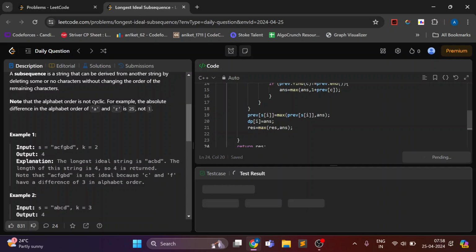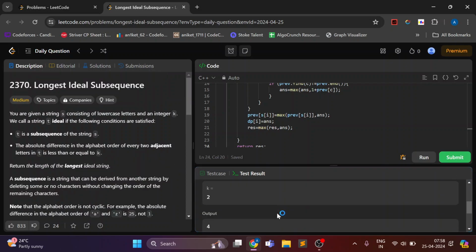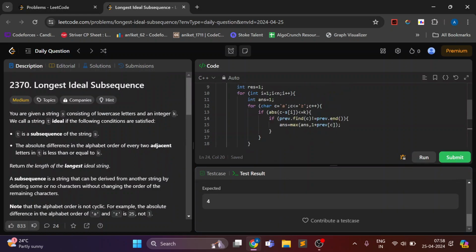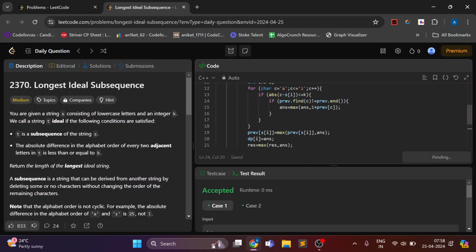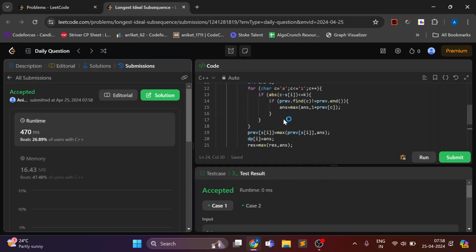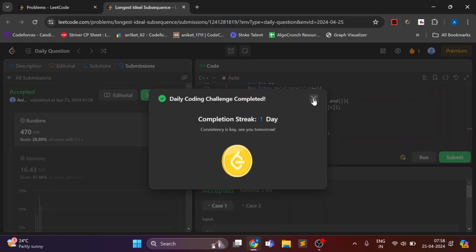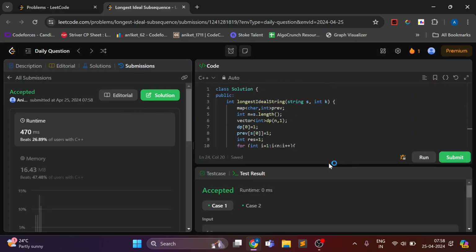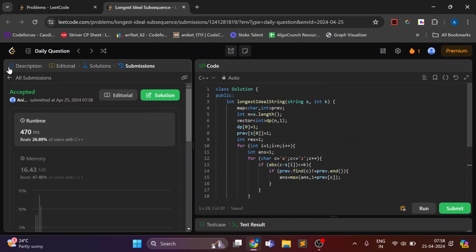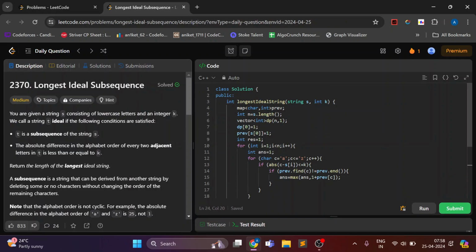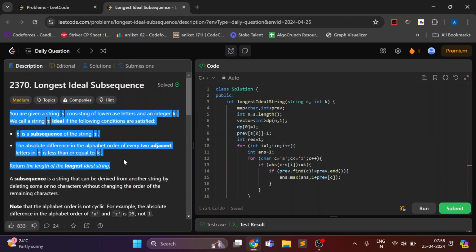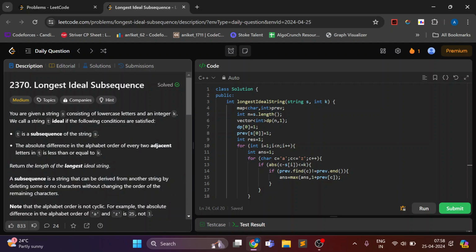Let's see if it works or not. The logic seems pretty correct to me, so it got accepted. And how I approached this question, so first of all, reading this description I understand that